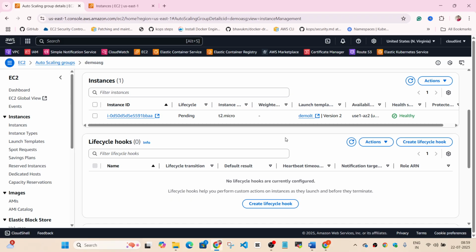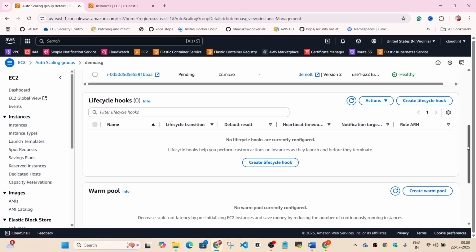But before the earlier instance gets terminated, you want to capture all the logs from it. So once again, you can create a lifecycle hook for that. What it's going to do is capture all the logs and store them in some storage space, whether it is an S3 bucket or some third-party application that you've configured access to. So you can create lifecycle hooks to have some custom action enabled on instance launch and instance termination. That can be done.